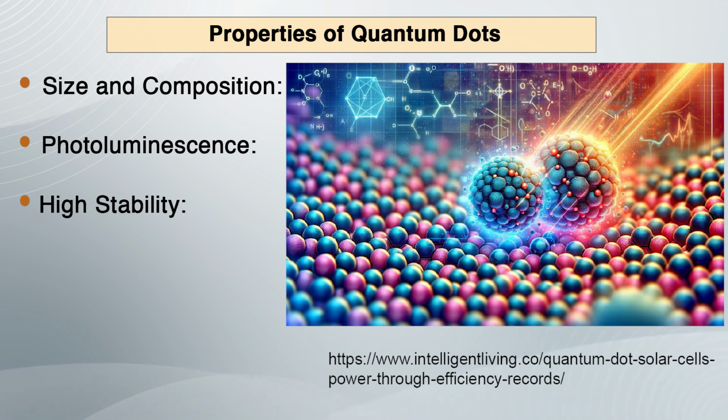The third one is high stability. Quantum dots exhibit high stability under various experimental conditions, which is a critical factor for their practical use. They possess excellent photostability, meaning they can withstand prolonged exposure to light without significant degradation or loss of their optical properties. This stability is due to their robust semiconductor core and protective shell that minimizes photobleaching and maintains